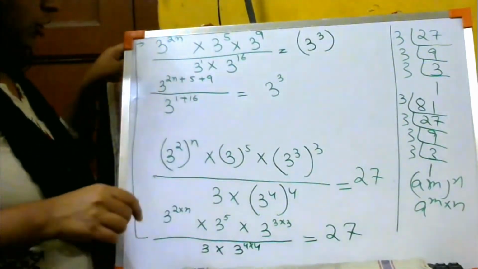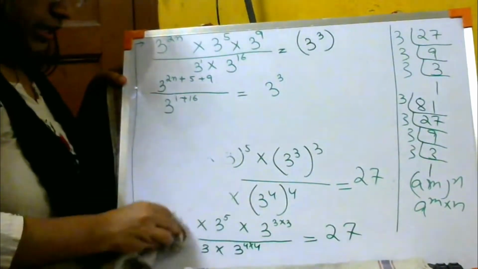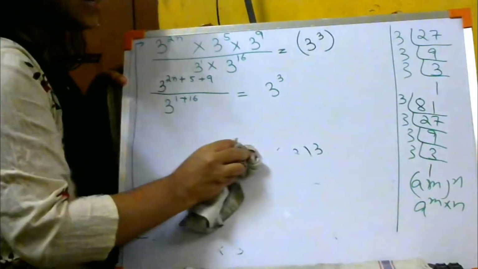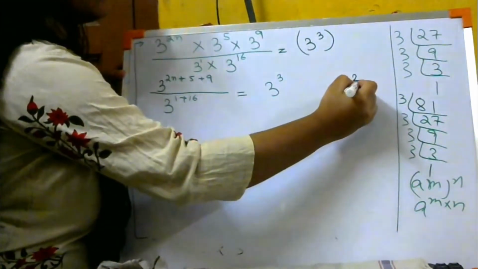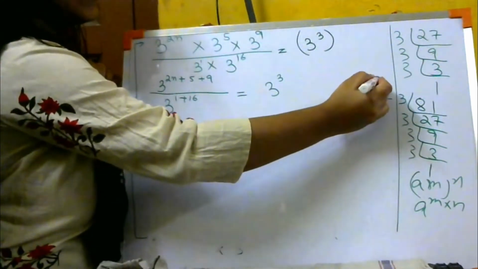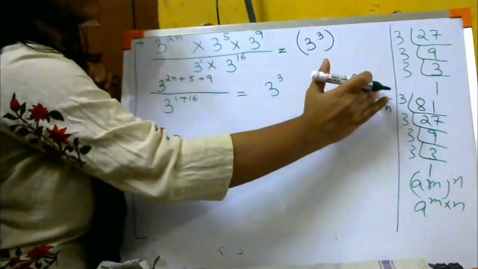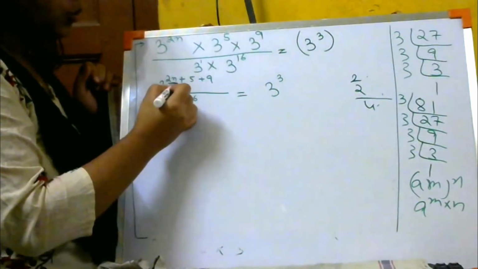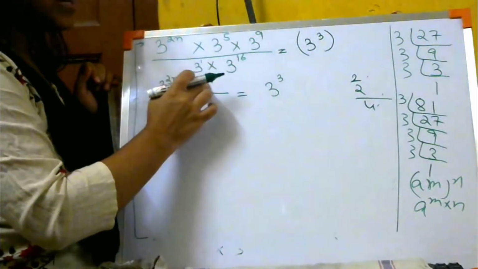ऐड करो ऊपर 2n plus 5 plus 9. 2n को तो हम लोग ऐड नहीं कर सकते क्योंकि n अलग है, और यहाँ पे सिर्फ we can add 5 plus 9, isn't it? Let me give you an example. Can you add 2 with 2 meter? ऐड कर सकते हो? कभी नहीं. दोनों को मीटर में रहना है तो ना तुम लिख सकते हो कि 4 मीटर, या फिर दोनों को सिर्फ 2 रहना है तो फिर ना तुम लिख सकते हो कि ये 4 है. Isn't it? That is why we cannot add 2n with 5 and 9. We can only add 5 and 9. Clear? So 5 plus 9 is 14.